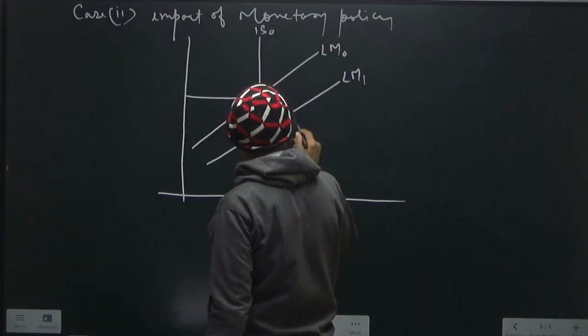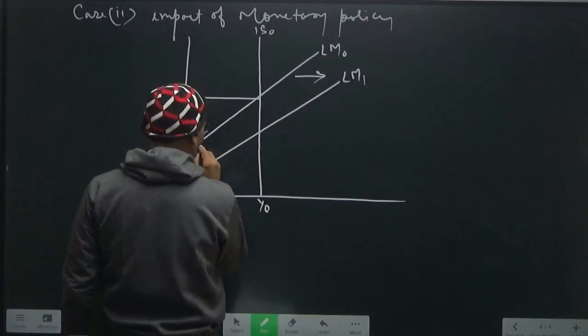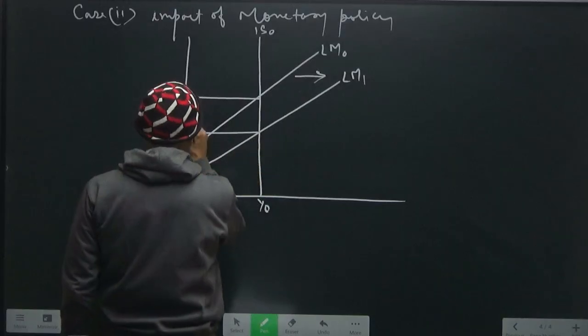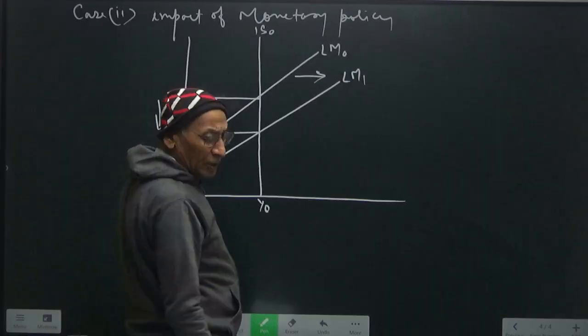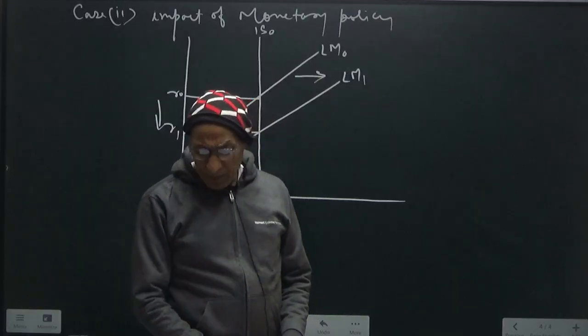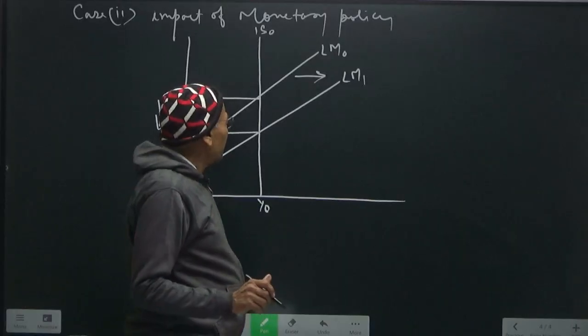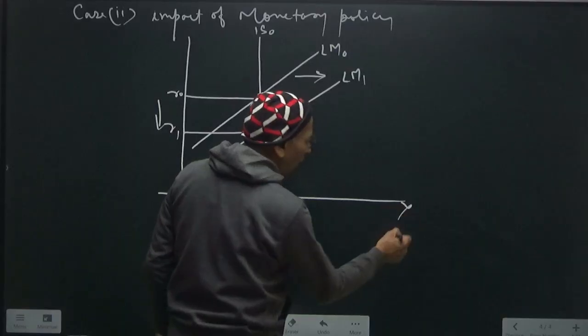What will happen? The rate of interest will decrease, R0 to R1, but the level of income will not increase,